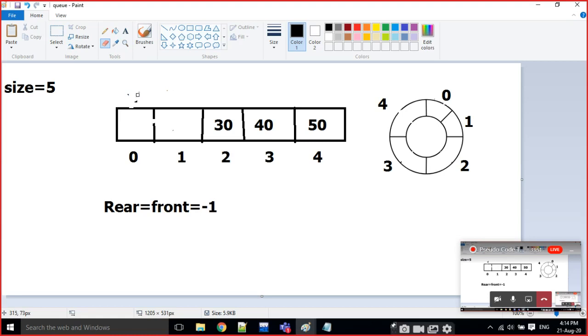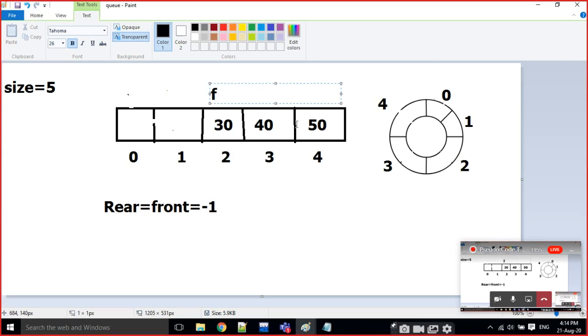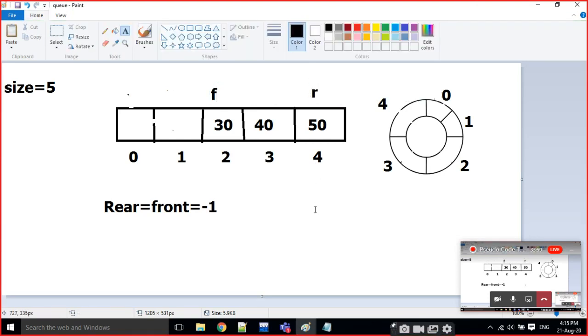To overcome that, the drawback of the queue here: for example, front is at this position and rear is at this position. Now I am going to insert one value, for example 10. If I do R++, the R index is 5.